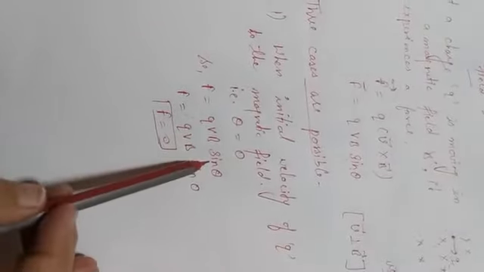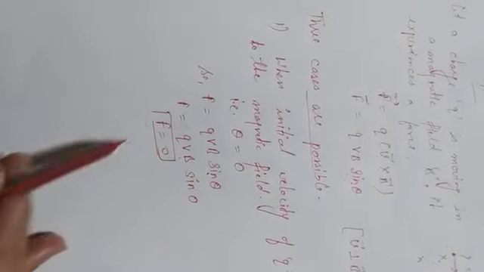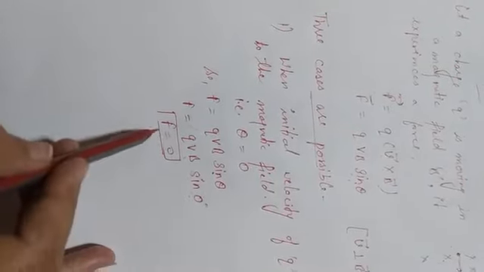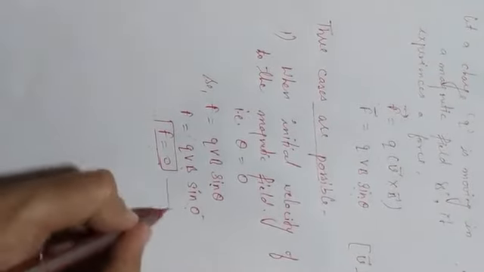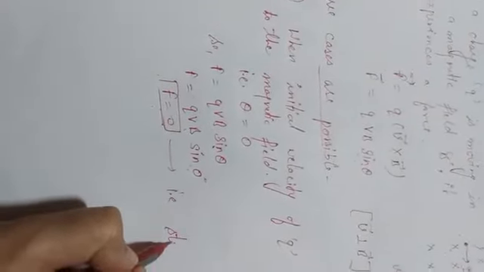I think that is clear to everyone. When a charged particle enters the magnetic field making the same angle with the field, that means theta will be 0, as the magnetic field acts in this direction and the charge moves in the same direction. Put the value of theta, then force F equal to QVB sin 0. As we know sin 0 is 0, so the force will be 0, and then it will travel straight; the path will be straight.